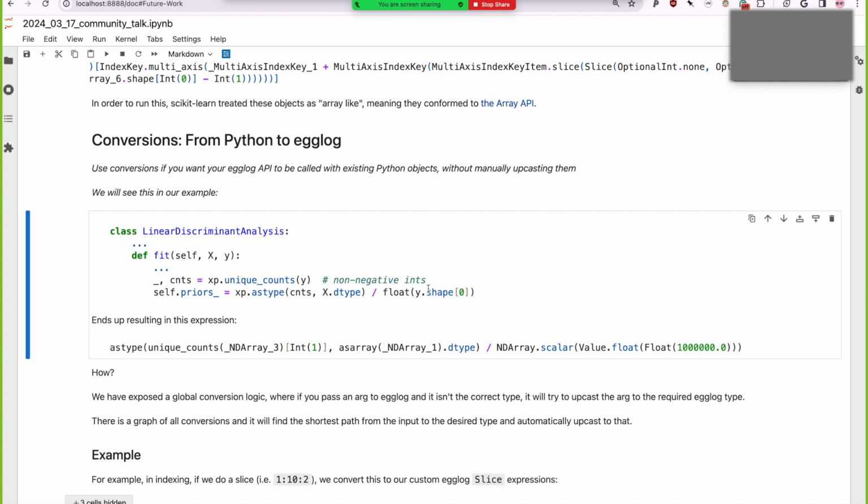It knows how to have abstract functions. And so we kind of upcast this float into this ND array scalar with a float value. And so I had to add this logic for implementing conversions in Egglog. It basically works as a graph of types, and you can specify from type A to B there's a way to upcast, and it'll find the lowest cost path from the argument you pass in to the